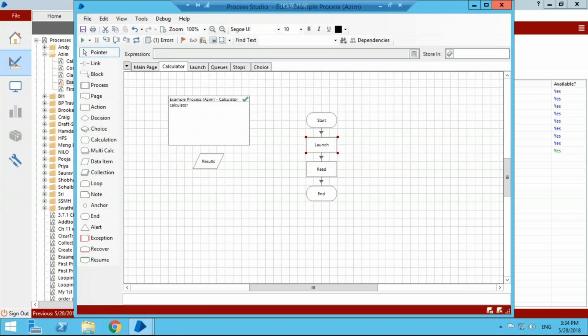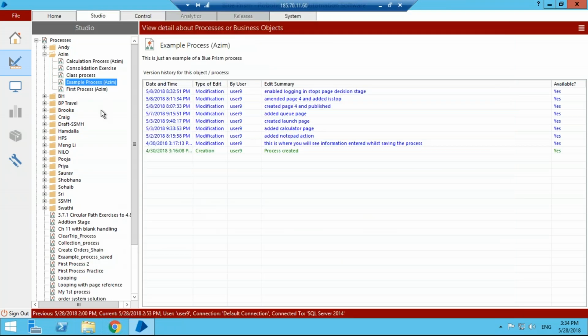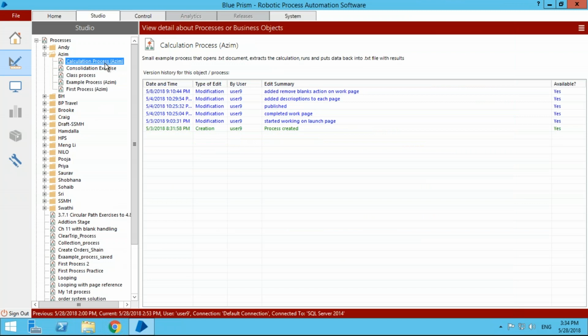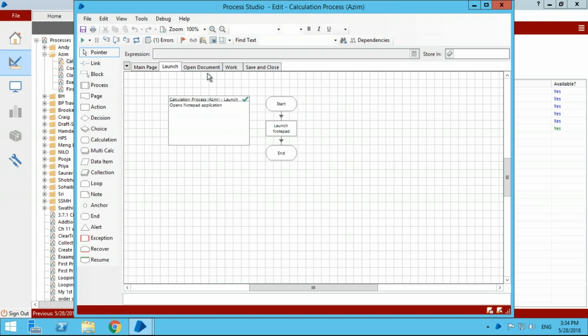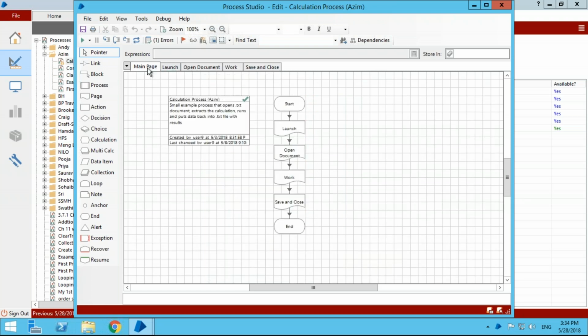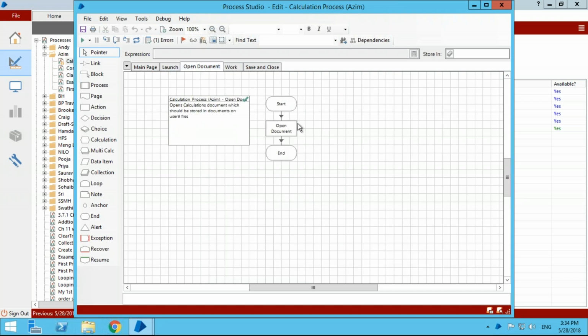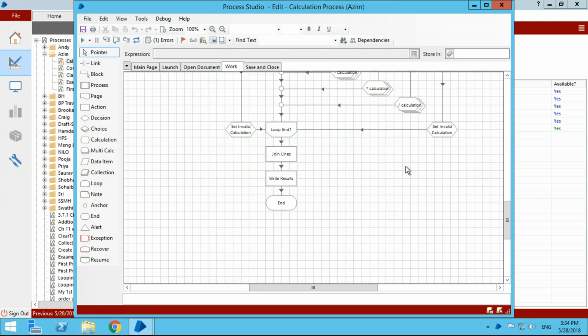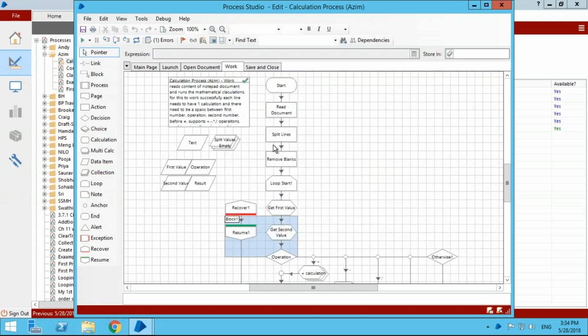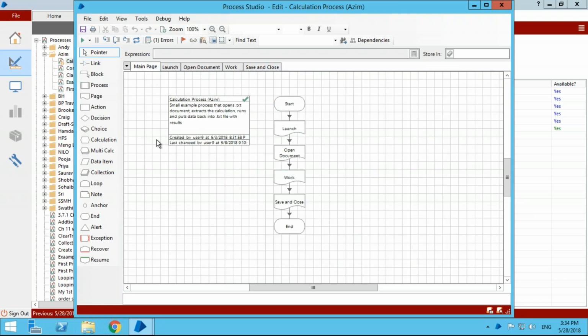I didn't do anything. I've got another kind of process, which is a really good one. I think it's this one here. This is a very small little process I created where, on the main page, you always have the main things that happen, and we'll cover again how you organize your process. We'll cover it later, but it's a very simple example process that launches Notepad, opens a specific document in Notepad and then does some calculations in it, and then it stores the results back and then saves and closes the Notepad.